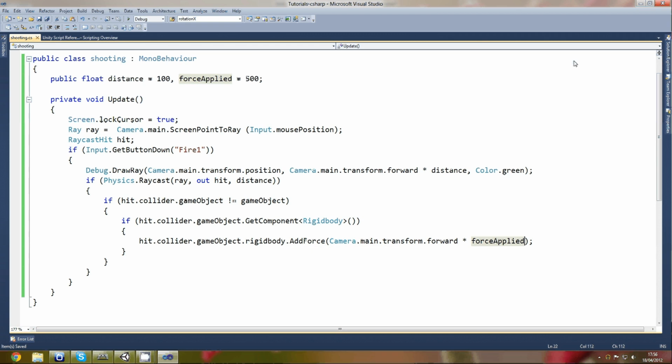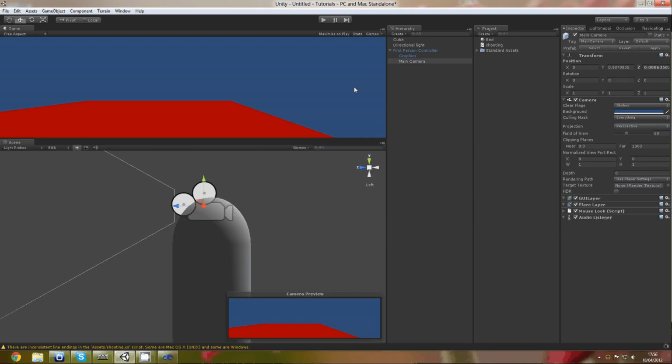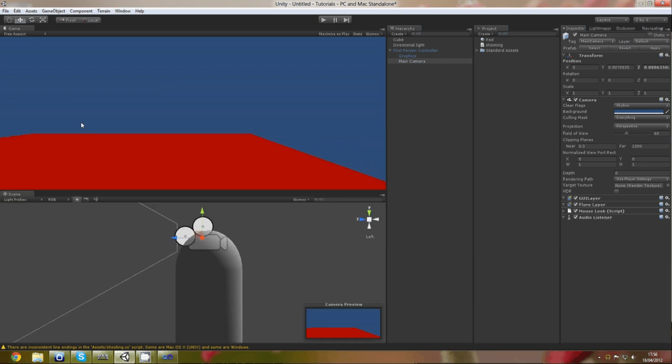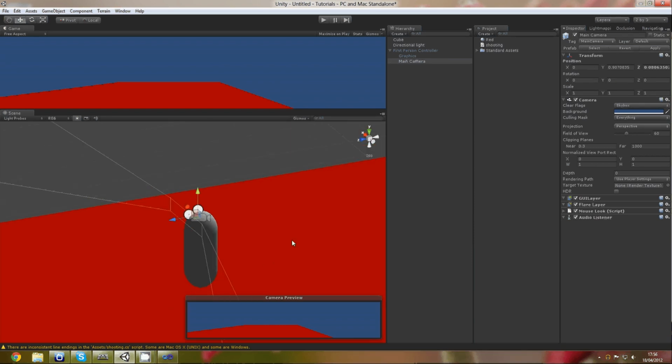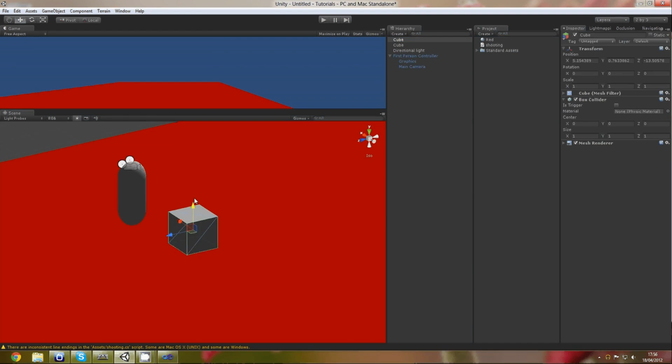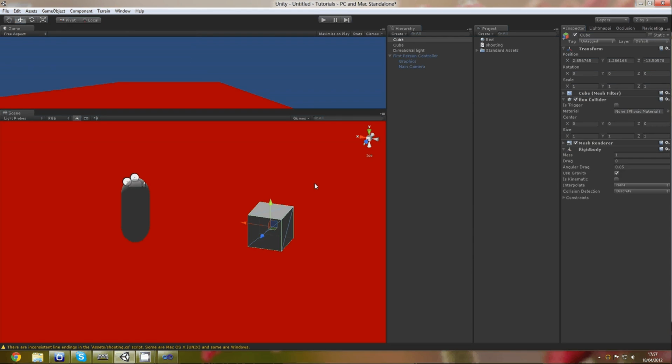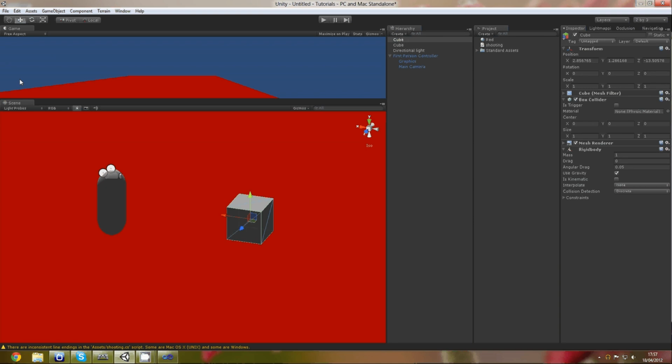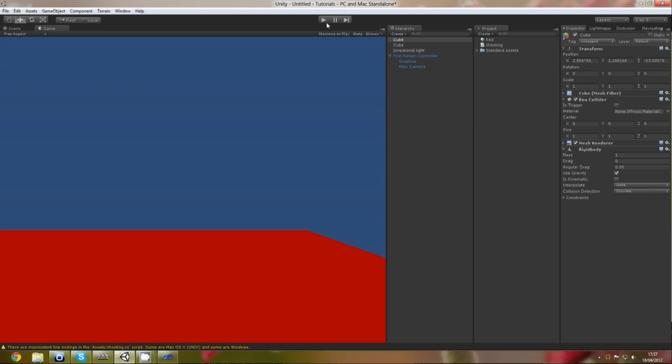Now if we minimize this, we can create a cube which has got a rigidbody, so let's just make it a little bigger. GameObject, 3D Object, Cube, and we've got a cube, and let's attach a rigidbody to it. So Component, Physics, Rigidbody. Now we can choose its mass, and whether it has gravity or not, but let's just leave it the way it is. And let's just maximize this game. If I can drag the scene up, there we go, and maximize on play,